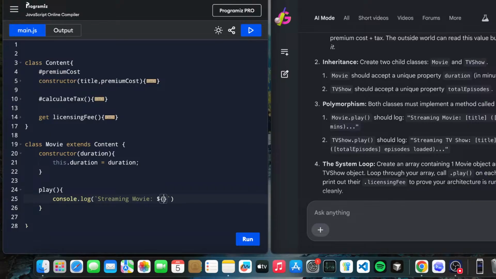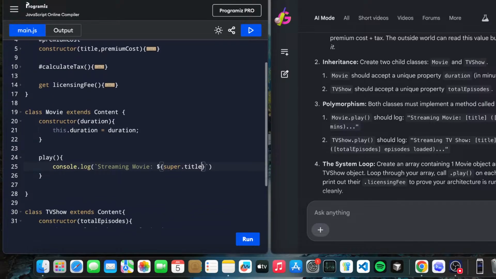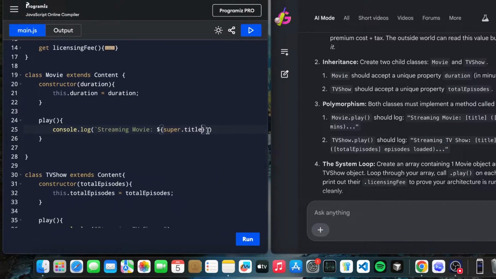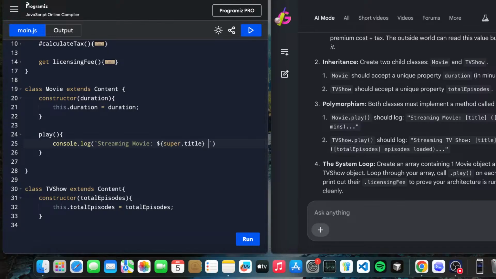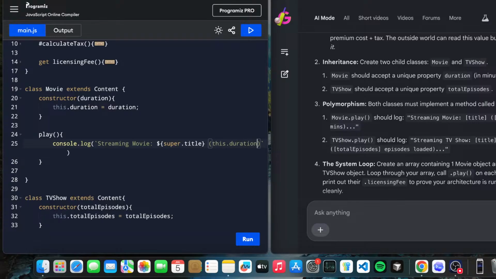Here we are using this constructor, which is the parent class constructor, so super.title. Super.title will be here, and the duration in minutes. It has a duration, this.duration. Again, we forgot the template literals, so use that.